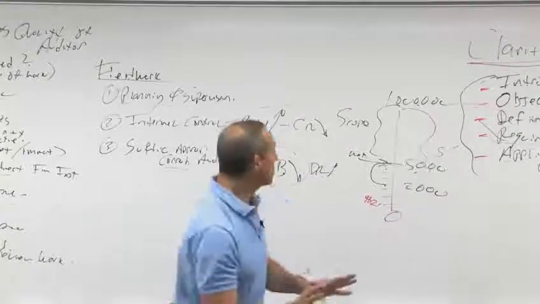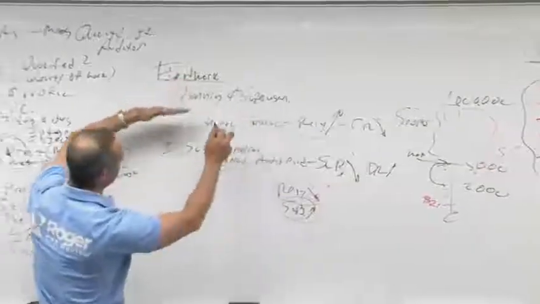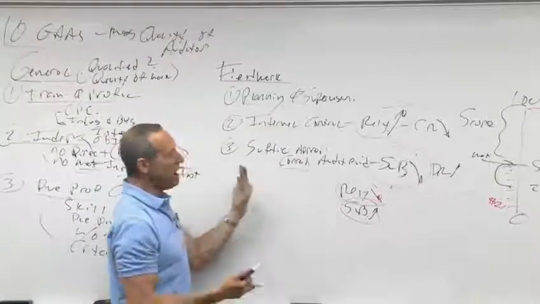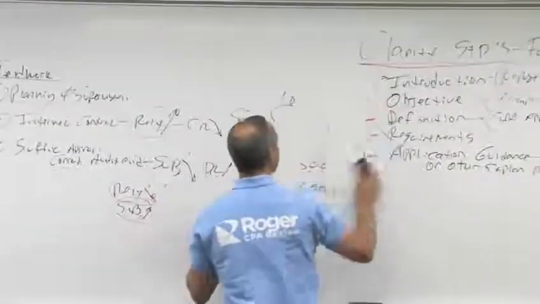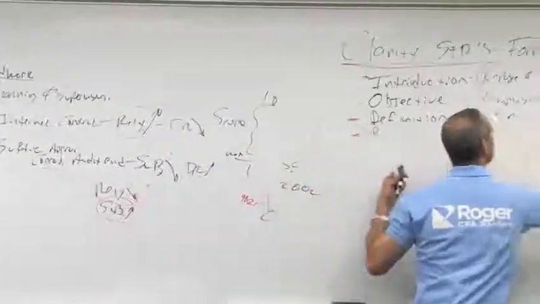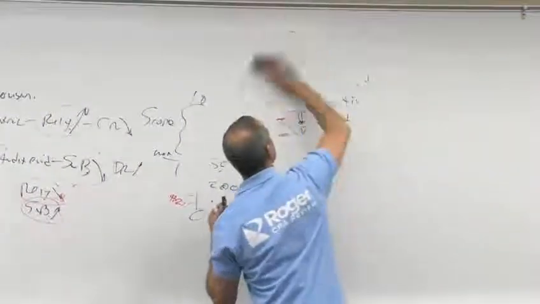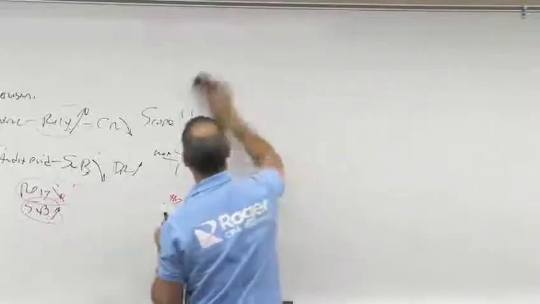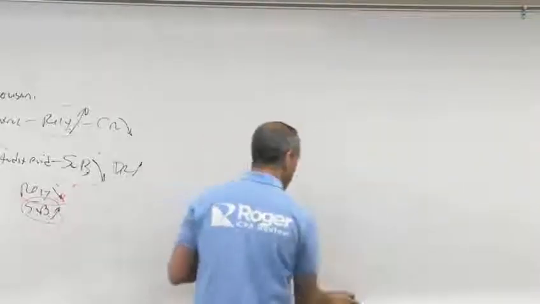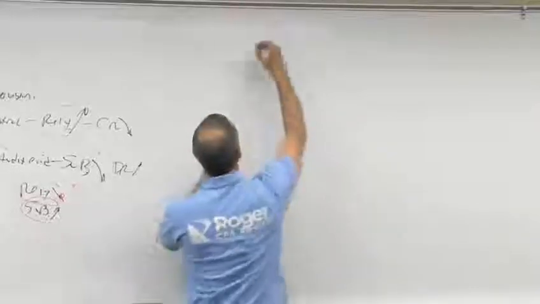Then we say, okay, so I've gone out there, I've planned it, I've looked at controls, I've obtained the evidence. Hey, now it's time to what? Let's draft the report. Okay, so now we're going to draft the report. So in drafting the report, we look at the reporting standards. And again, the reporting standards are still going to be similar under the Clarity standards because they still exist. We still draft a report. It's just the report's a little bit different.